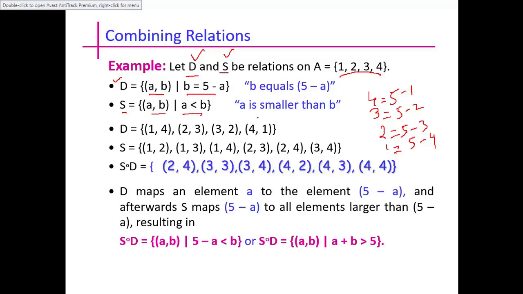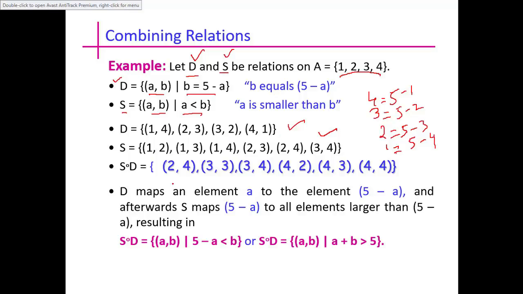So these are the elements in D, and for S we have to check the less than relation. So 1 is less than 2, 1 is also less than 3, and 1 is less than 4, and so on. We can also make this relation,